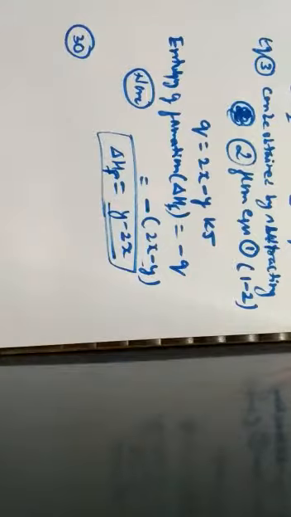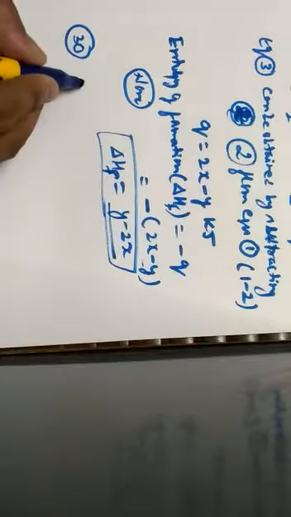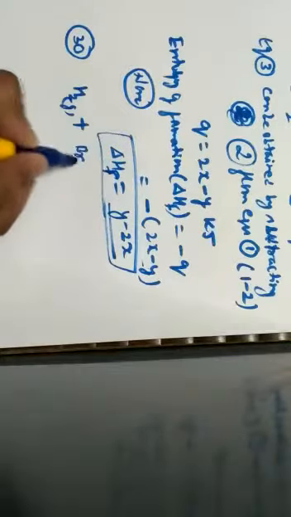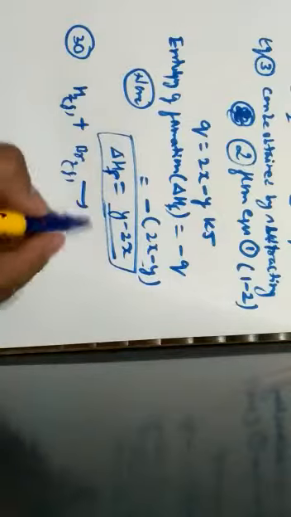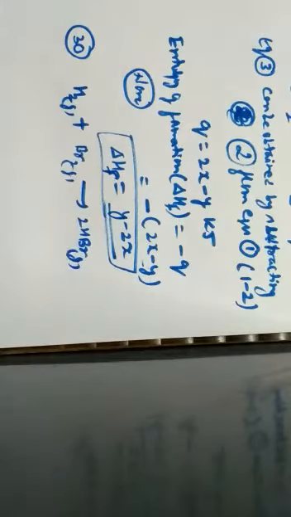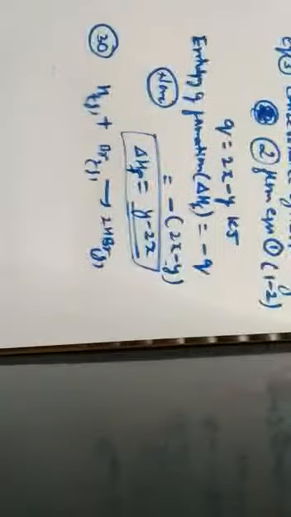If the bond energies of hydrogen, bromine and HBr are 433, 192 and 364 kilojoule per mole respectively, then find delta H naught for the reaction. They have given a chemical reaction, that is H2 in gaseous phase plus Br2 in gaseous phase will give rise to 2 times HBr, which is again in gaseous phase. So what they are asking? Delta H naught for the reaction.